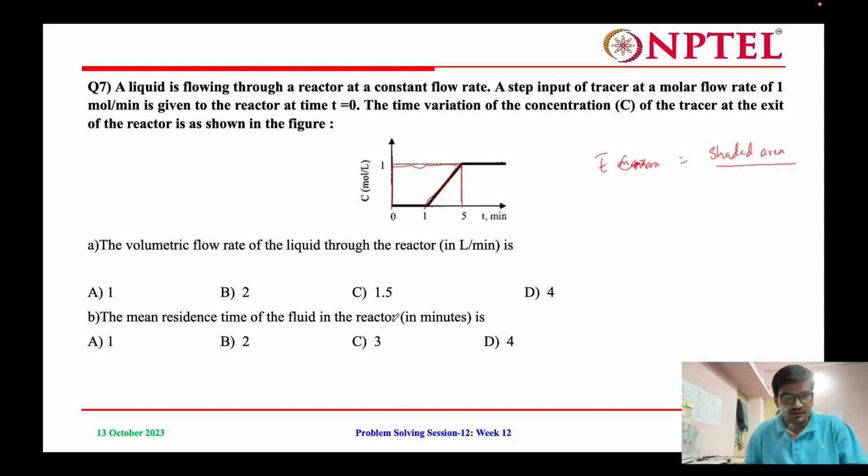So to calculate the shaded area, first this is a rectangle, then minus this portion. First is the area of the rectangle, 1 minus 0 into 5 minus 0, then minus